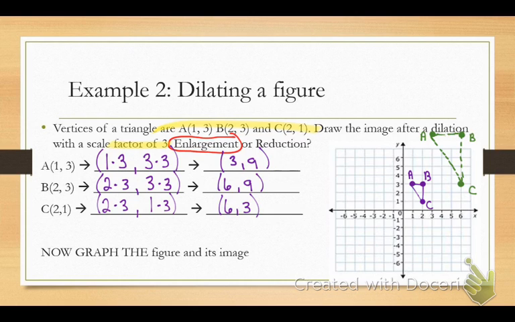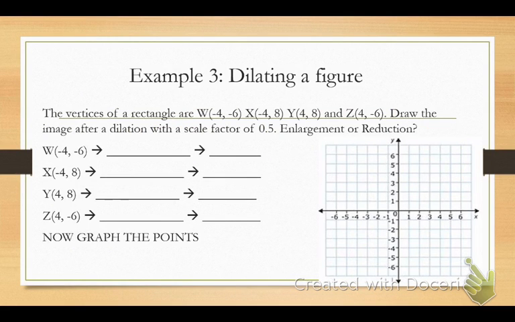Okay, and we have now done an enlargement. It's dilation. It's an enlargement from the original to the image. Don't forget your little prime markers after the A, B, and C. All right, on the next example, we're just doing the same thing again, except now we have a